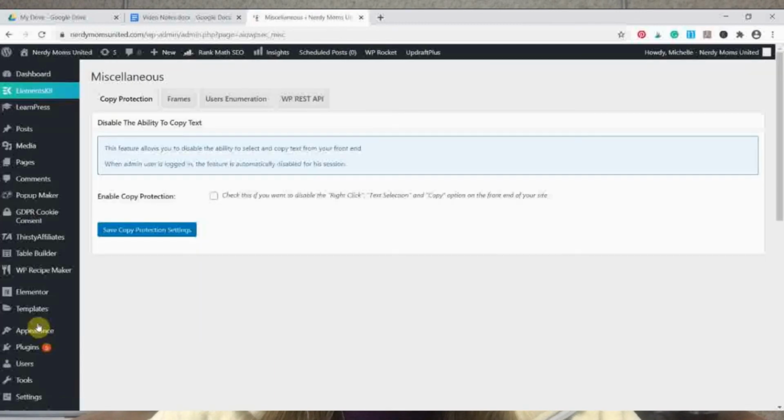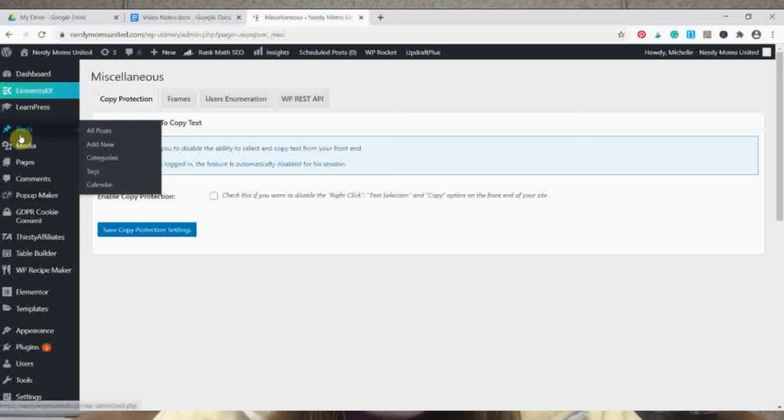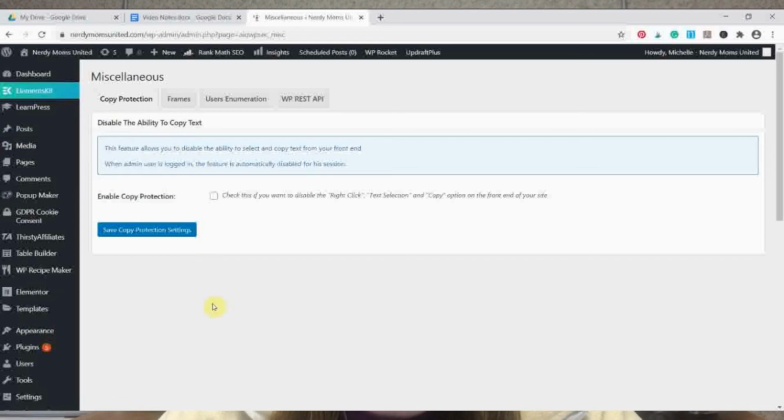All right, for the miscellaneous copy protection, this keeps people from scamming things off your site by right-clicking and copying. This one, I tried this setting, but it didn't work the way I expected it to. So I have a different plugin that protects my site from that behavior. It's called Right Protect plugin, and you can actually find that in the plugin store. And it's free and it works great, and I use that instead of this one, so I had this turned off. I will leave the name and the link to the Right Protect plugin down below to make it easier for you to get a hold of,